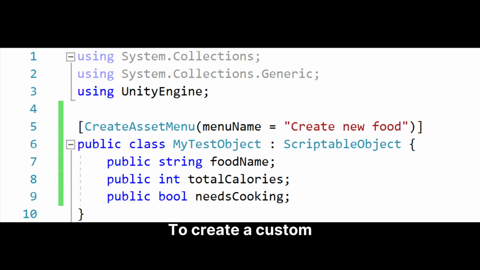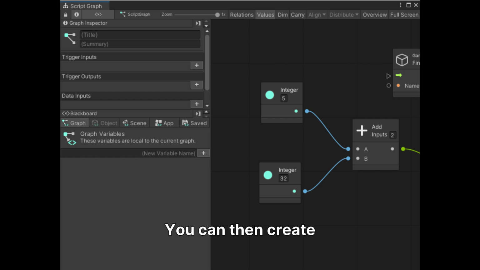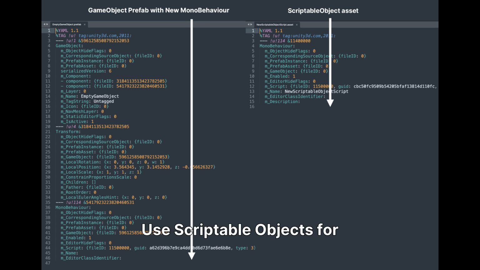To create a custom scriptable object, define a C# class inheriting from ScriptableObject and add the CreateAssetMenu attribute. You can then create instances of this scriptable object directly in the Unity editor via the Create menu in your project window. Use scriptable objects for game data like item definitions, enemy stats, quest details, or configuration settings, making